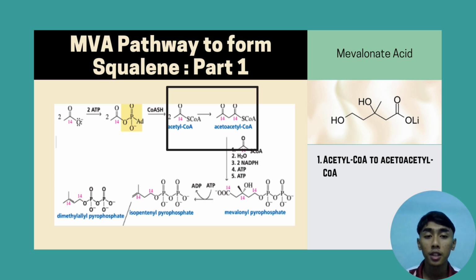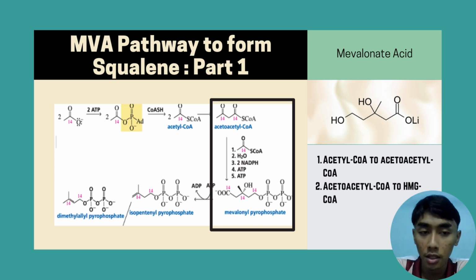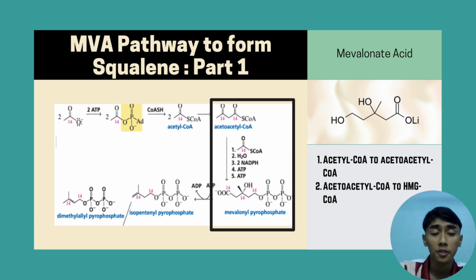So the first step of the pathway starts with the acetyl-CoA compound, which is a 2-carbon molecule derived from the breakdown of carbohydrates, fats, and proteins. Then two acetyl-CoA compounds come together to form the acetoacetyl-CoA compound. Secondly, a third acetyl-CoA molecule will condense with acetoacetyl-CoA to form the HMG-CoA compound, whose scientific name is